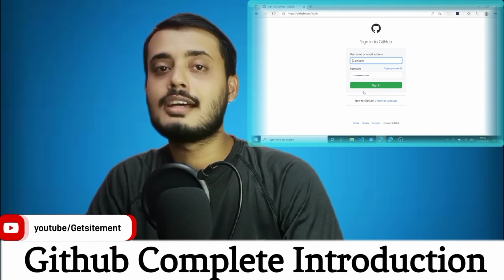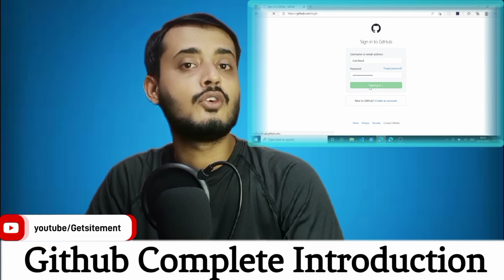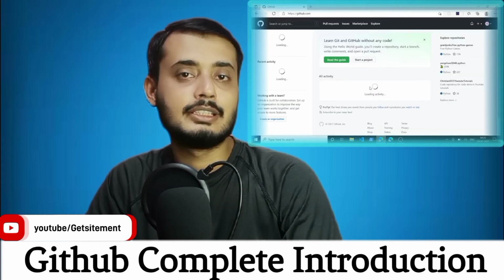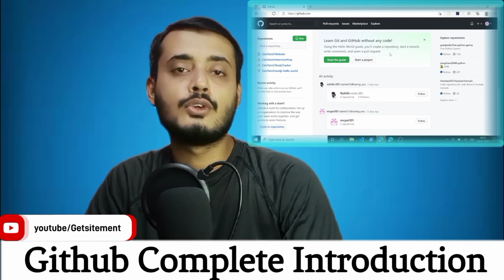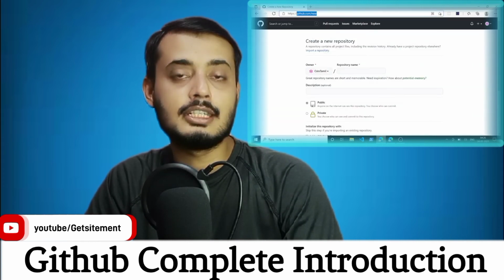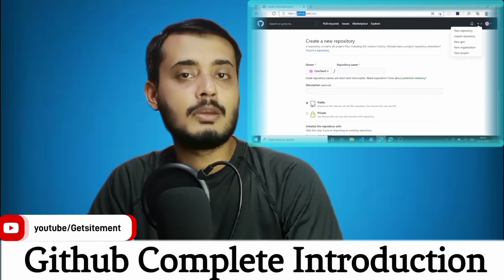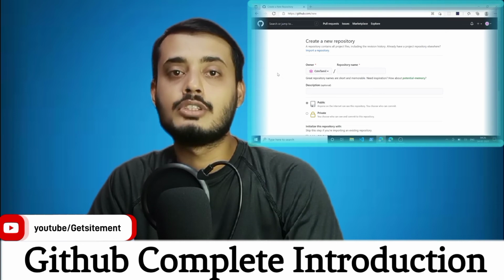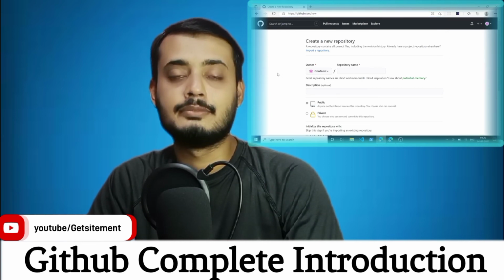Number two, after installing Git, go to the GitHub website and create an account with your email address. Point number three, once your GitHub account is set up, you will be taken to your dashboard. To start your first repository, click create repository on the left side. Point number four, on the create a new repository screen, enter your repository name and an optional description. You can change both later.